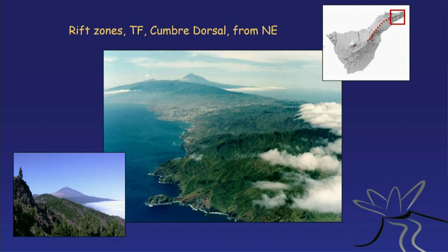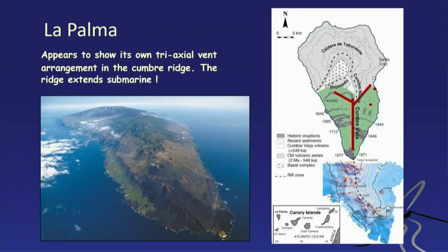So La Palma also has rift zones. The Cumbre Vieja is in fact exactly one of those rift zones that continues also underwater. So the concept is starting to get familiar if we look at several islands. And there's also discussion how many branches this rift might have. It's a scientific debate, so there are multiple opinions, of course. But I like to think that we have probably 2 new rift arms forming there,